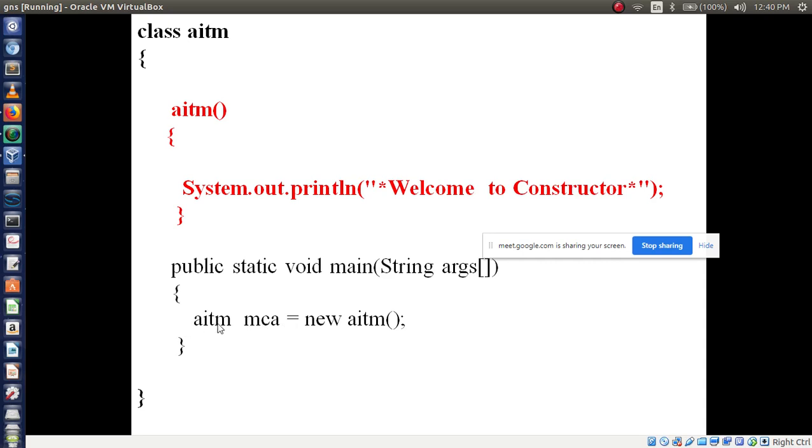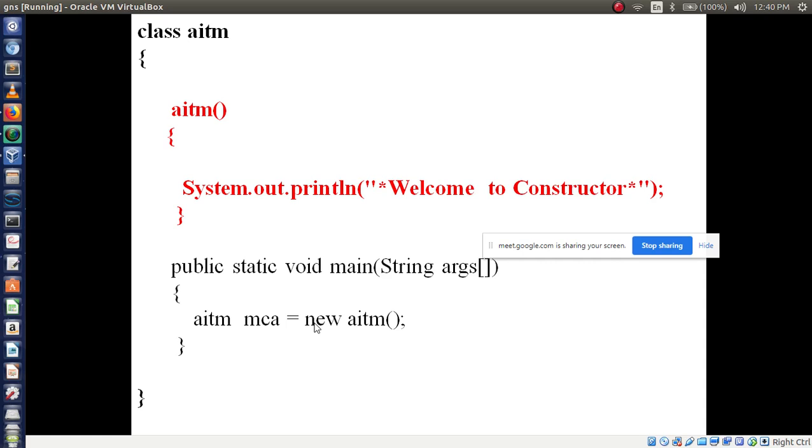I am talking about this line. Reference? What kind of reference? It is creating an object of the class. It's very, very important in a Java program. Creating an object of the class. Is it clear now?